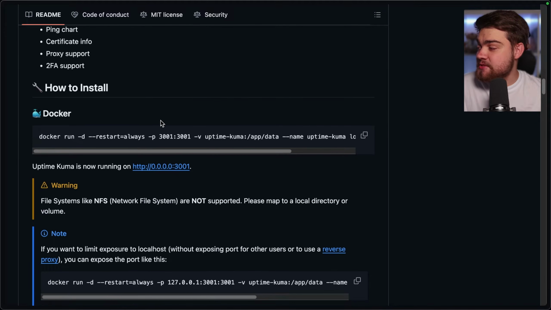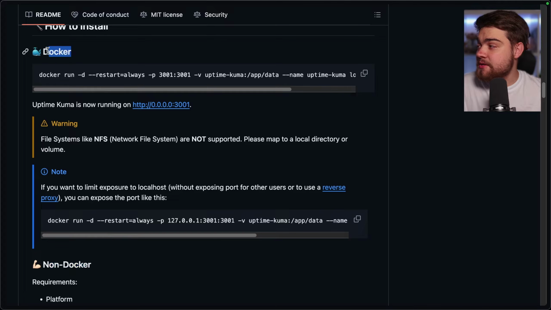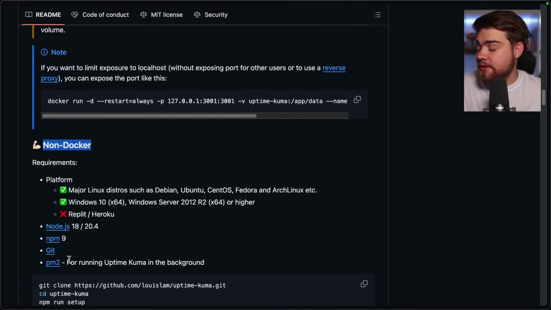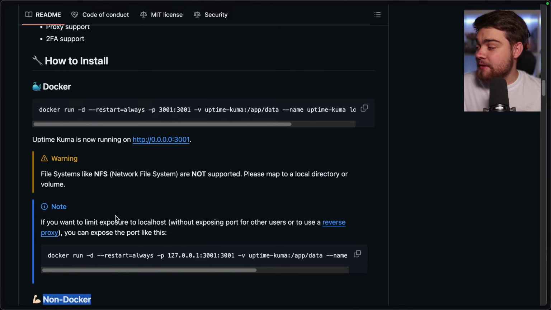And what you'll see is there's going to be two methods we can install this. One is going to be using Docker, which we'll be doing. And there's also a non-Docker way if you want that as well, which is simply going to use node and PM2. Now for the Docker way, we're just going to go ahead and copy this command,